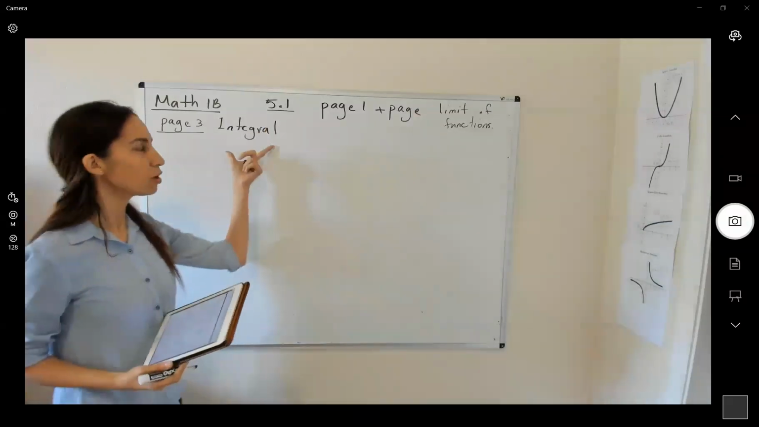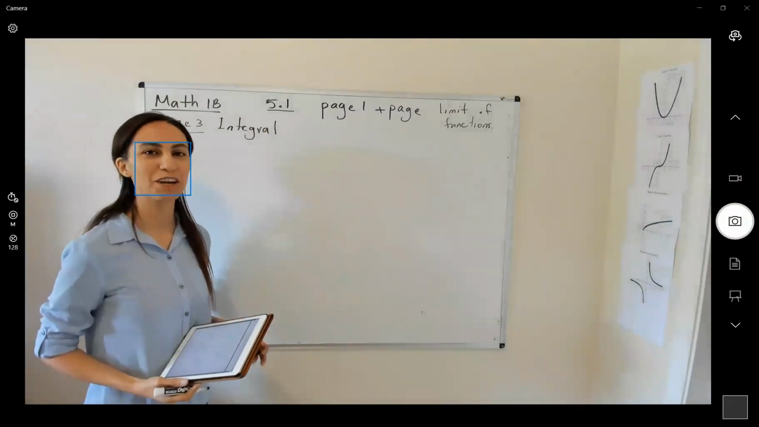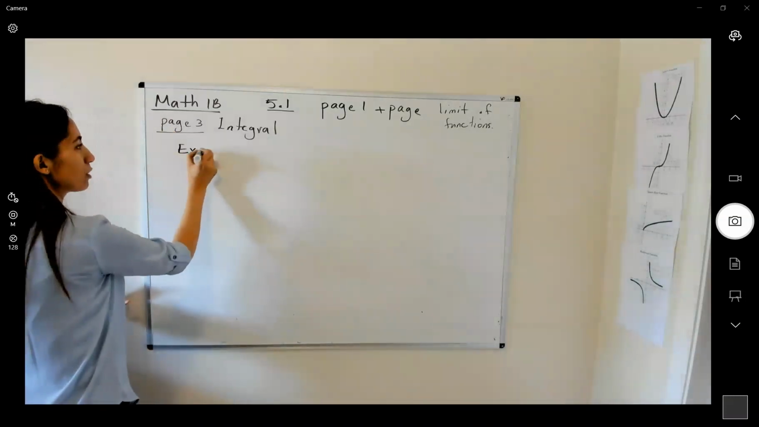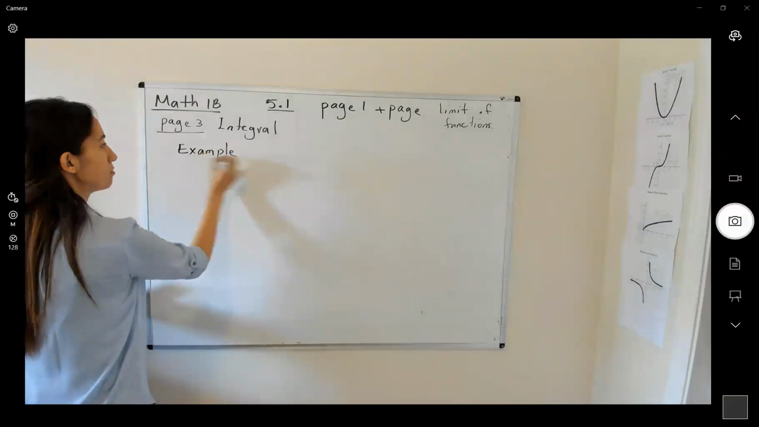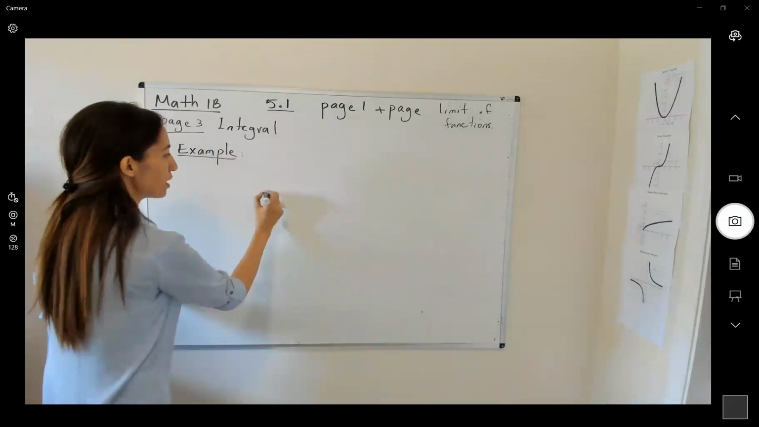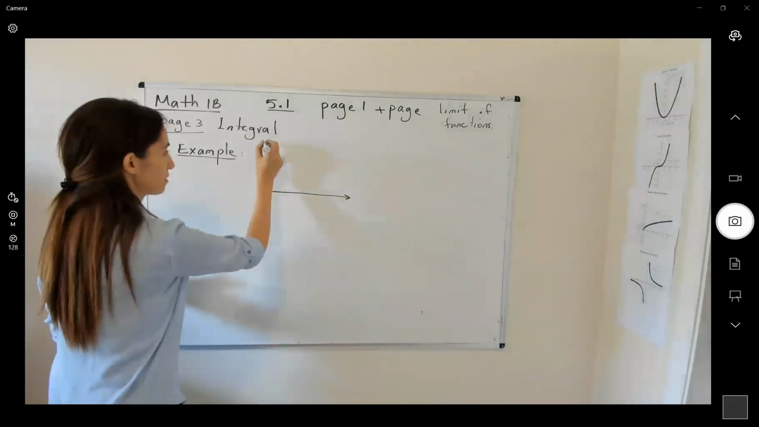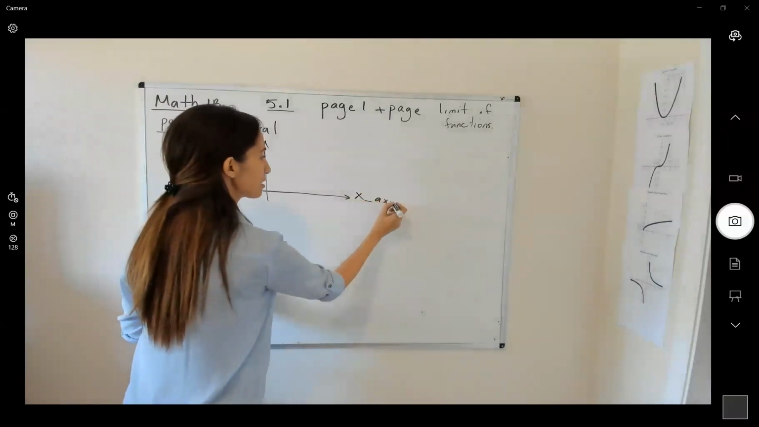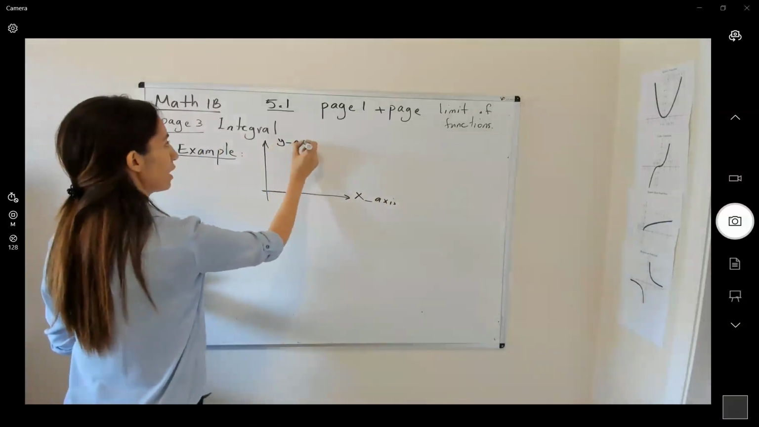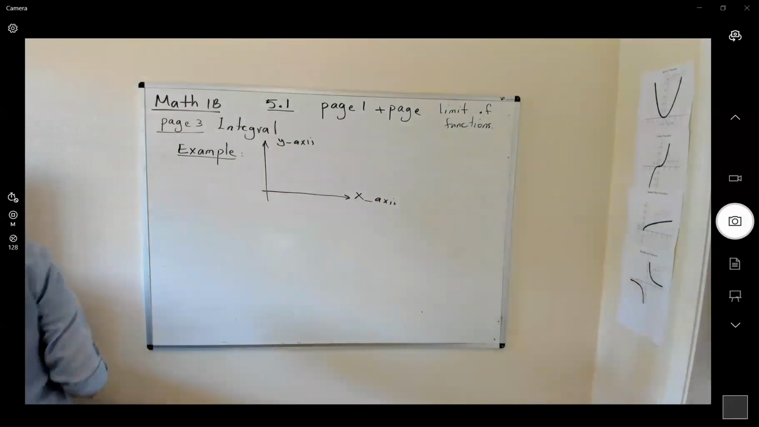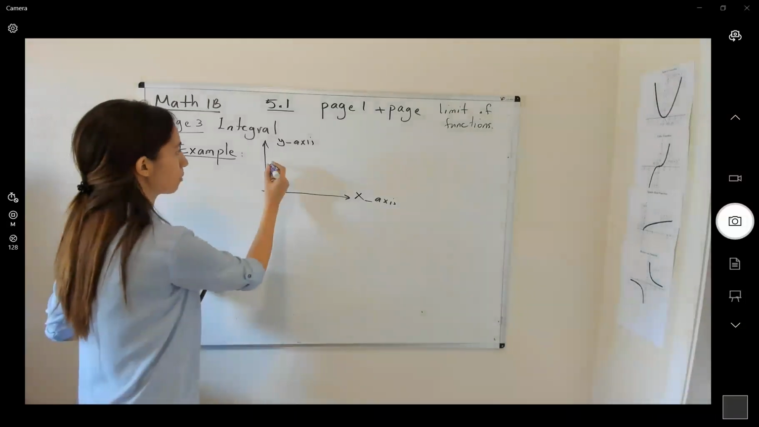On page 3, we're going to officially talk about the integral. Very well. So what is an integral? Where did it come from? Let us go over one quick example. Suppose you have this object in the xy plane, x-axis, y-axis. This is your object,